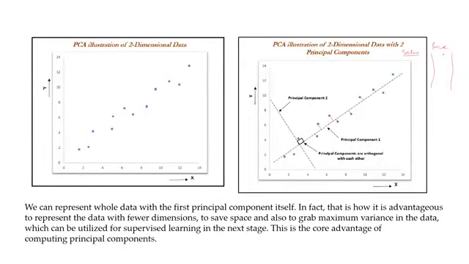Now, this is my original data, and let's suppose there is discount also. Based on the price and the discount, I want to predict the sales. Let's suppose the price is 25, the discount is 2%, and sales is $1,200. If the price is 20, the discount is 0%, it is $1,000. Like this, you have data. Now, what I will do is convert this price and discount to PC1, principal component 1, and principal component 2.